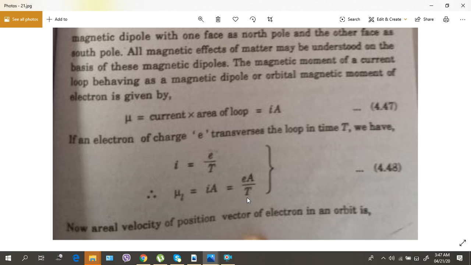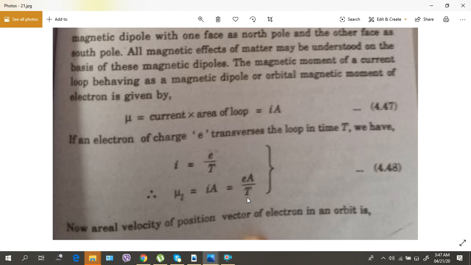I don't know if you studied it or not, but you have to check it in the chapter on gravitation. I don't know what the chapter number is, but you can check it from Kepler's second law, that is the law of area. So that law defines that the areal velocity of any object which is orbiting around the nucleus is equal to